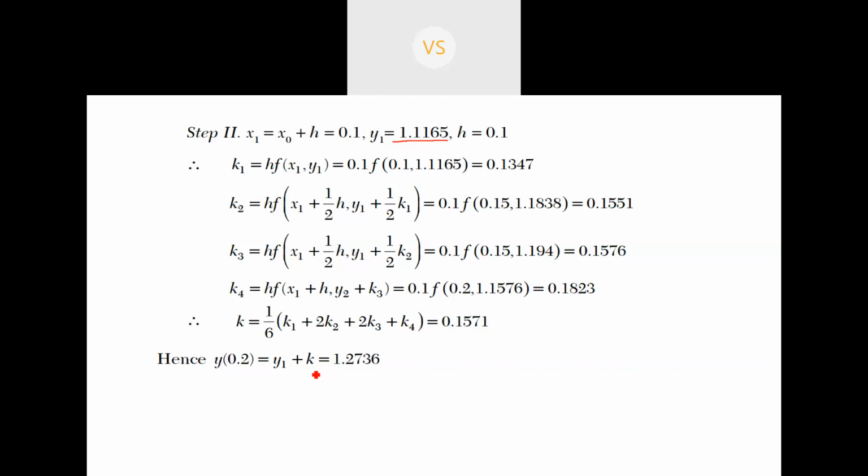You might be asked in the examinations for x equal to 0.3, x equal to 0.4 values, so that number of steps you will have to carry out. So these are very simple methods, the RK second order and RK fourth order methods. You just have to remember the formulas. As I told you before, numerical methods are very simple. You just need practice. When you do the practice, you can remember the formulas very well.